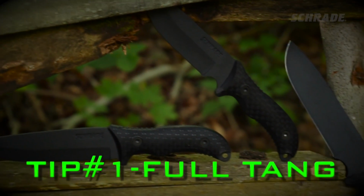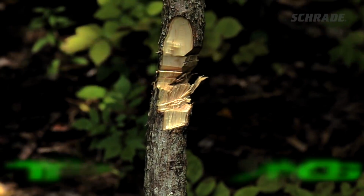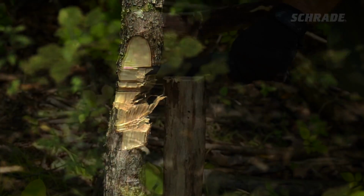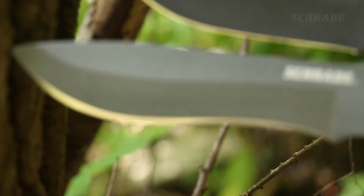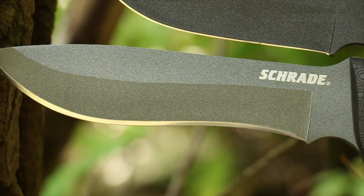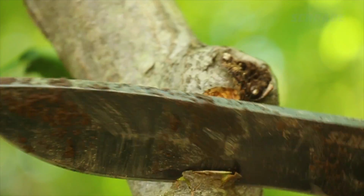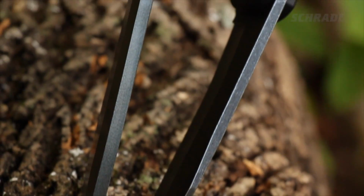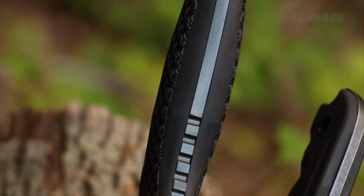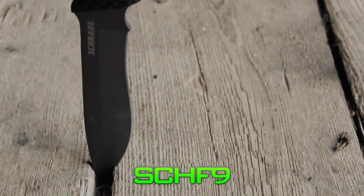First, a survival knife should be a rugged utility tool, capable of being used for cutting, chopping, batoning, and breaking things with its pommel. In short, a top-notch survival knife has to be tough enough to take on the unexpected and handle some abuse. So for a tool this tough, you will need a knife that is full tang in design, like our Schrade Extreme Survival Knife SCHF9,